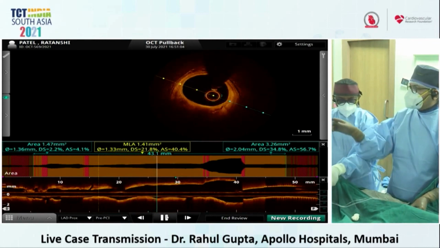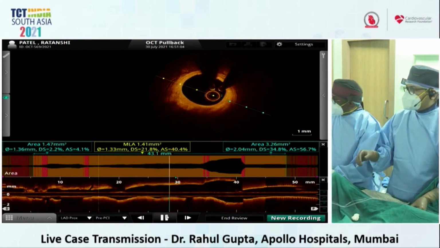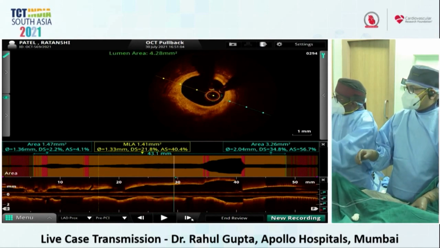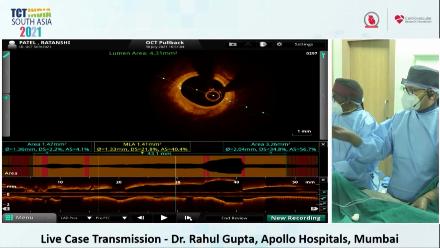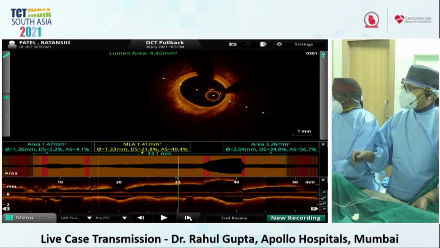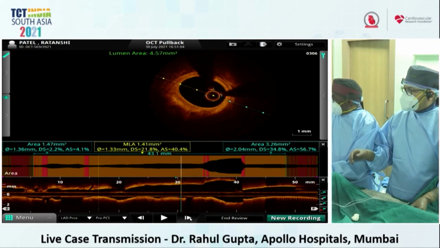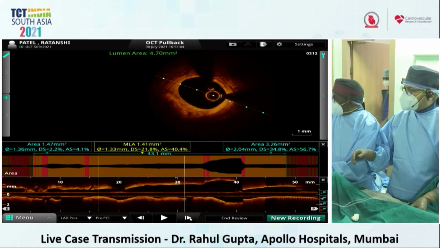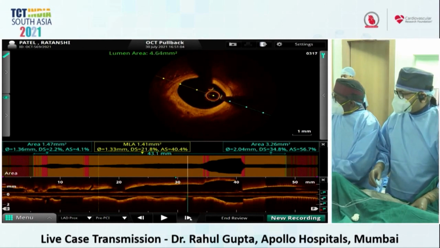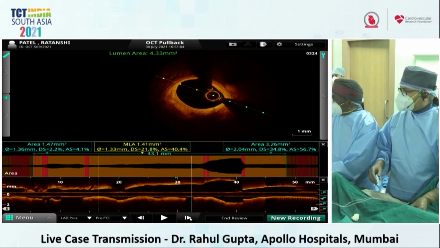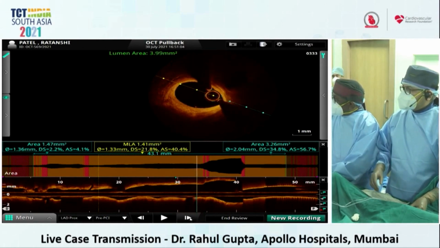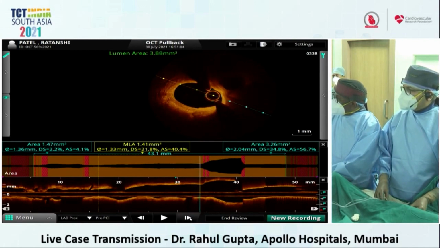Yeah, just take the proximal part. It's diseased all throughout. Go proximally further. Come back. For all the diseased segment.